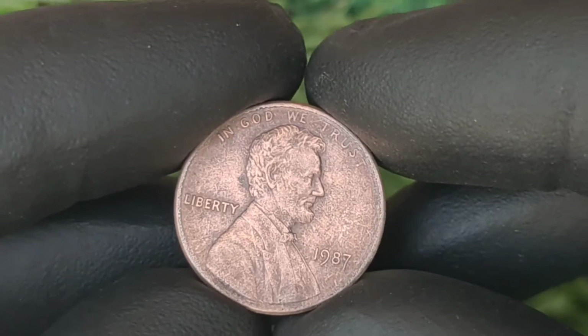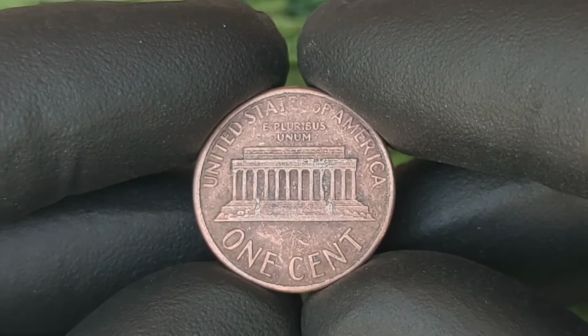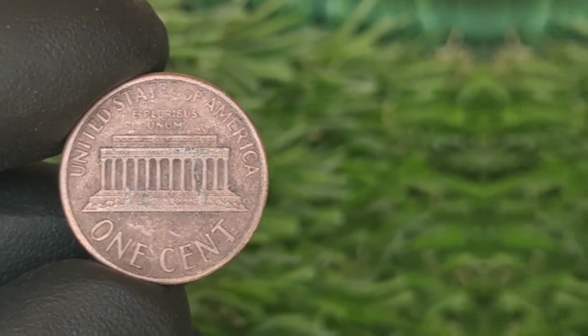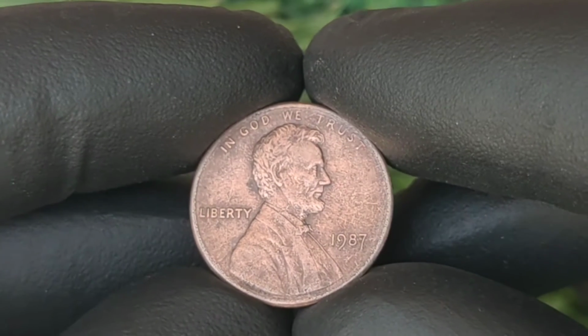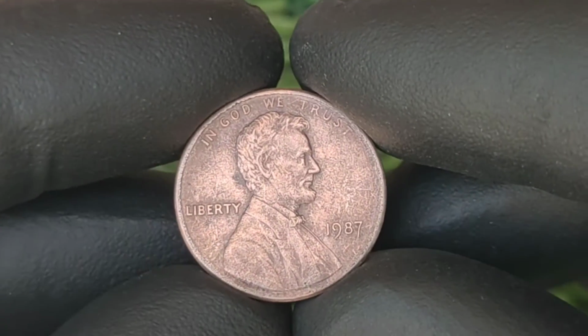The tale of the 1987 penny begins at the United States Mint, where millions of these coins were churned out to meet the demands of a bustling economy. Minted with Abraham Lincoln's iconic portrait on the obverse, at first glance it appeared to be just another standard penny, but little did anyone know that certain minting errors would soon transform it into one of the most sought-after coins